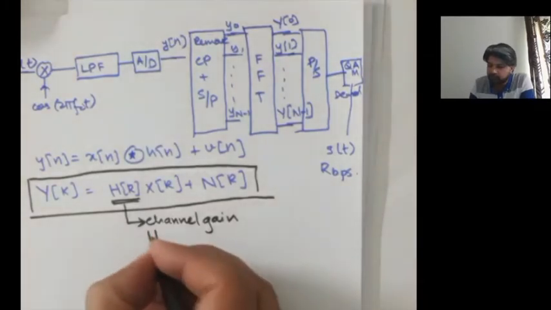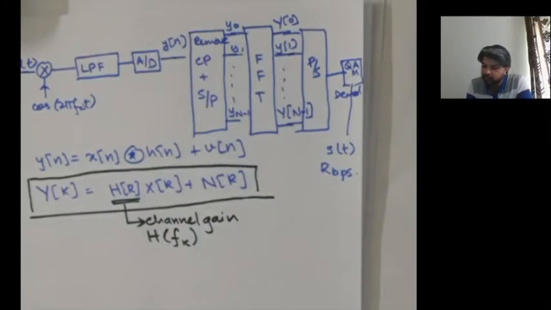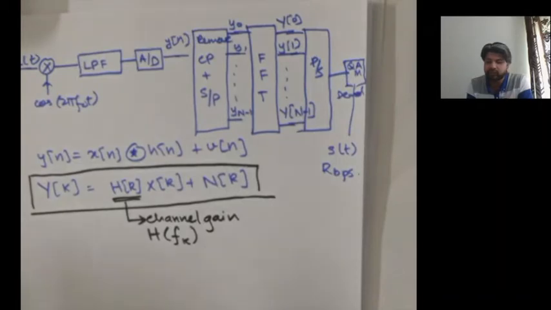So you can think of this as h of f k, the flat fading channel response for the kth subcarrier. That is a flat fading channel, and because you have eliminated the intersymbol interference, you are in a flat fading regime rather than the frequency selective regime. You have divided your total bandwidth such that subcarriers experience no intersymbol interference, and no intersymbol interference means a flat fading channel. So after removing the cyclic prefix, you can think of this as a flat fading channel.